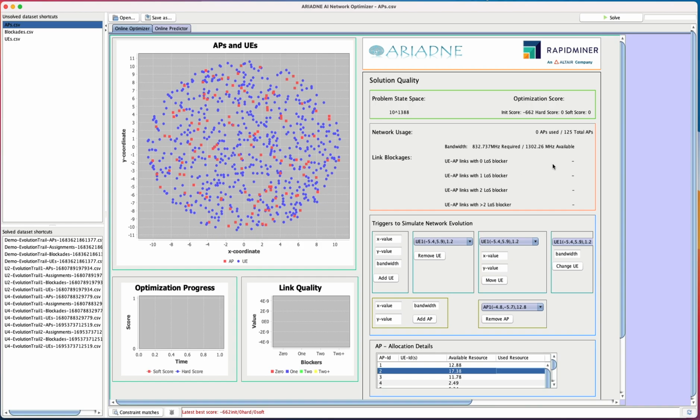Here we see the number of UEAP association links with 0 line of sight blocker. And ideally, this is for all the UEs in the network. But in cases where we have LOS blockers, we will see the numbers here for 1 blocker, 2, and more than 2. Below the red panel is the blue one, where we have implemented the triggers to simulate evolution in